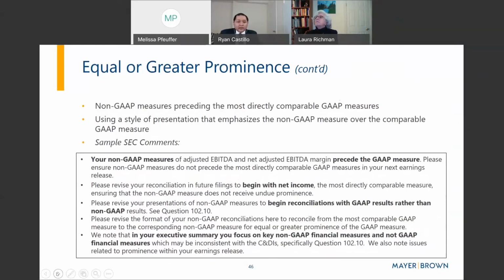In other cases, the companies were showing GAAP measures, but the non-GAAP are presented with greater prominence than GAAP. So undue prominence results if the non-GAAP measure is presented ahead of GAAP, or the format, style, or presentation of the disclosures emphasize non-GAAP over GAAP. So for example, in the first 3 bullets on these slides, the non-GAAP measures precede or are located before GAAP. In the 4th bullet, the formatting was a problem, thus causing undue prominence.